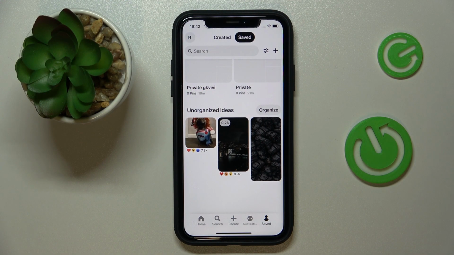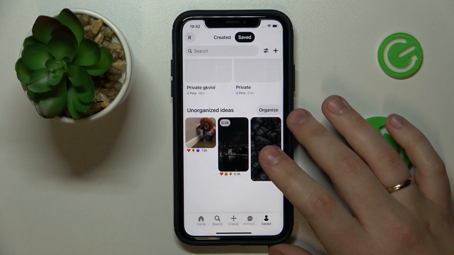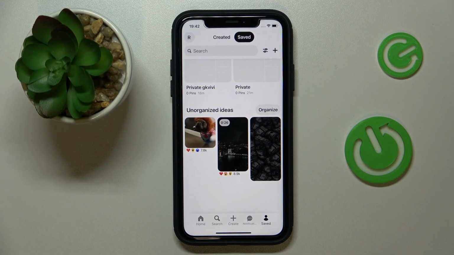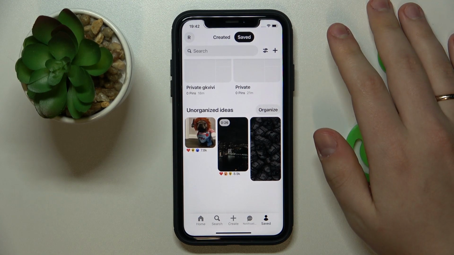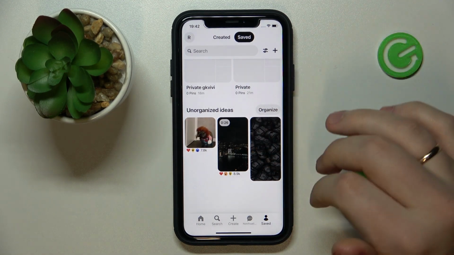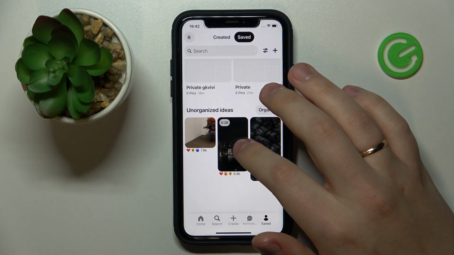So to put it in other words, unpinning on Pinterest means removing a Pinterest post from the list of saved ideas. So from here, well, with this information in our hands, just touch and hold at the pin that you